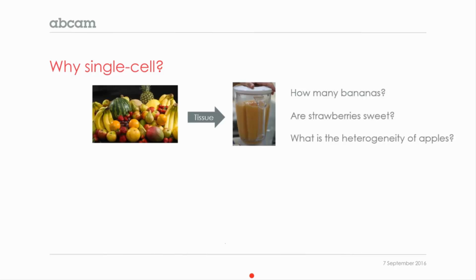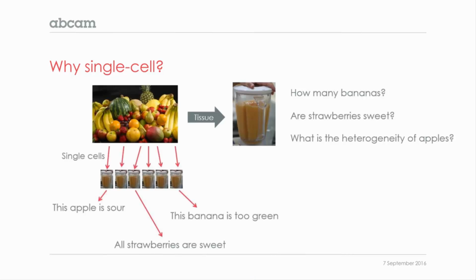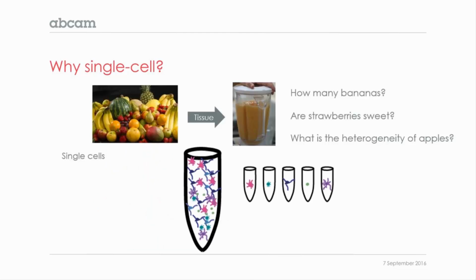Instead, another idea is to take each one of these fruits and put it in an individual blender, and then analyze the composition of this fruit, and then we can answer particular questions about each one of these elements. And what we want to do is basically the same with cells. We want to take a very complicated tissue like the brain, dissociate it into a single-cell suspension, and then put each cell in a different compartment and analyze its composition. So this is basically the motivation and a little bit of background.